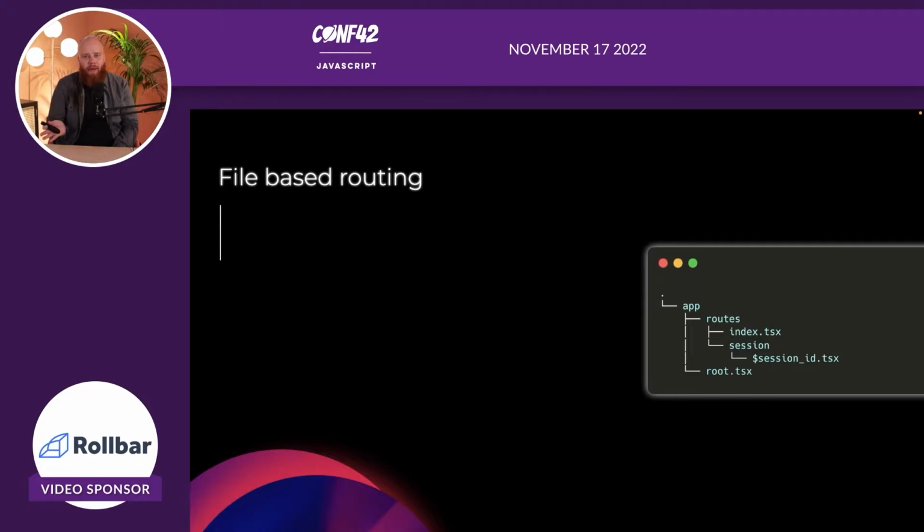Remix, or rather React Router nowadays, because they moved it over, can do really cool things with its routing, with nested subroutes, with outlets. Really amazing. You can find all of that in the basic README of Remix, so please head over there, but be sure to check it out.